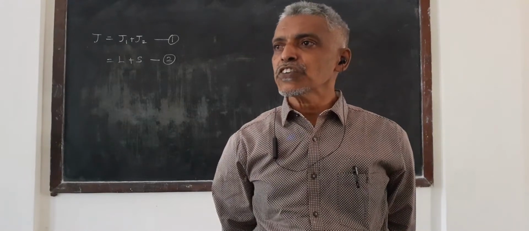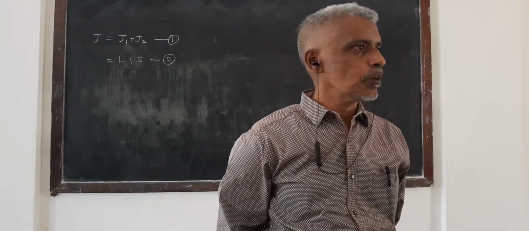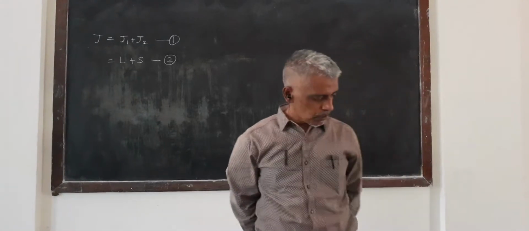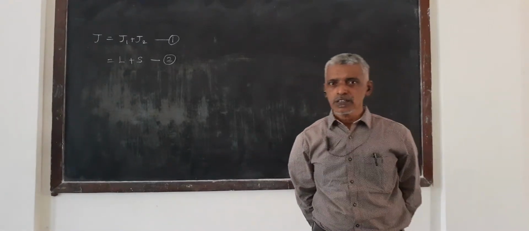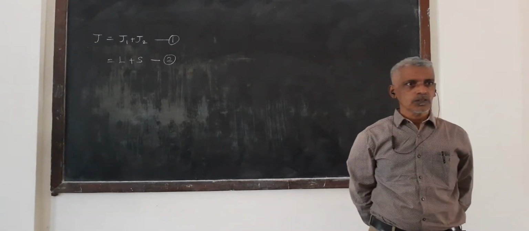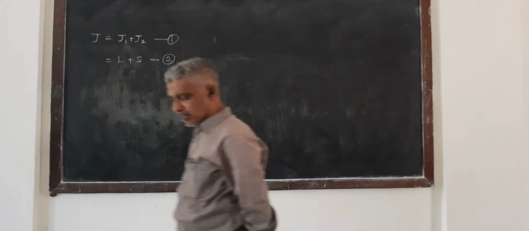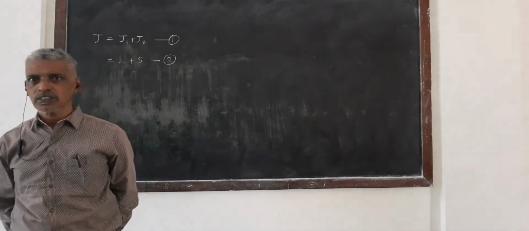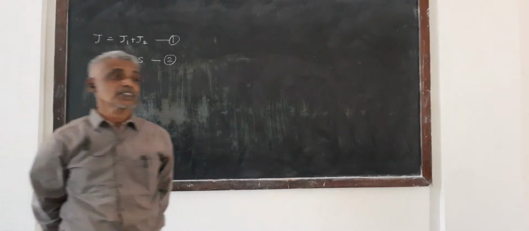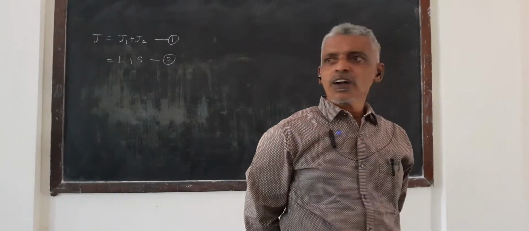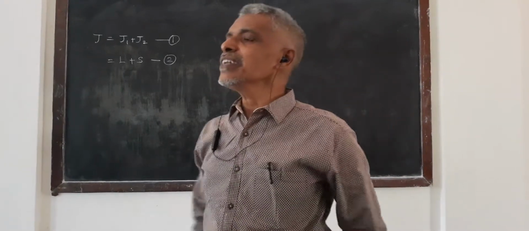What's the inference of this equation number 1? J is equal to J1 plus J2. So, have it to be here? Am I right in that case? Am I right now also, to some extent? Okay. And here, only, not beyond this. Okay. J1 plus J2. Yes, please. J1 plus J2.